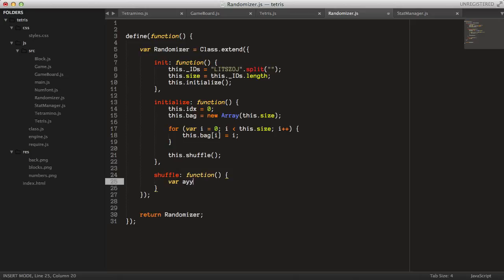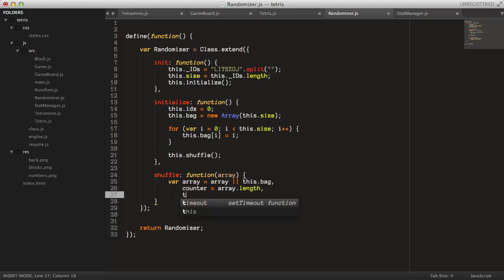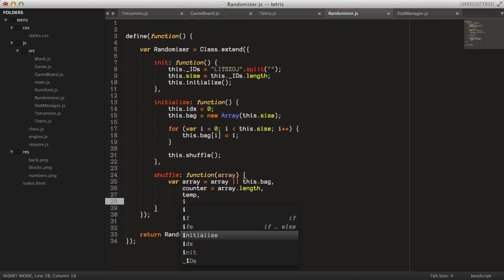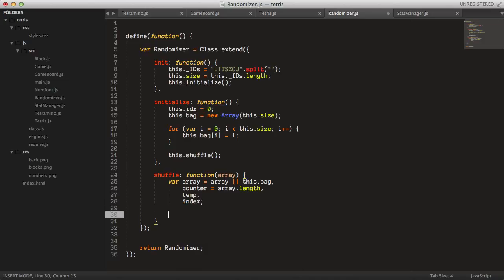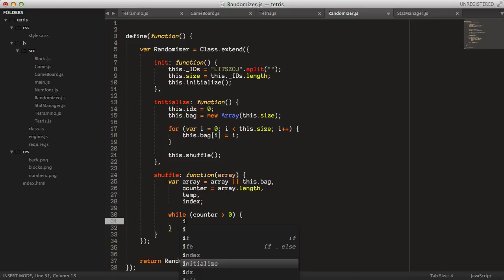So that's simple. We create this reference to the array that we can put in as an argument. So we say that's equal to the array or this.bag, like that. Then we set the counter to the array length, like that. And then we have a temp variable and index as well, like that. And then we just say while the counter is greater than 0, we just want to set the